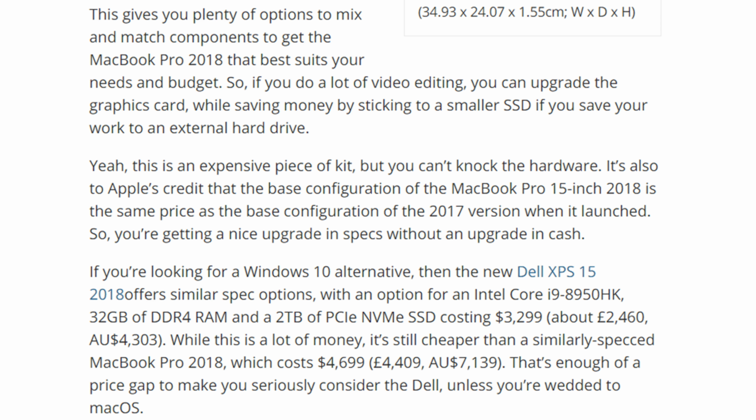If you're looking for a Windows 10 alternative, then the new Dell XPS 15 2018 offers similar spec options, with an option for an Intel Core i9-8950HK, 32 GB of DDR4 RAM and a 2 TB NVMe SSD costing $3,299, about £2,460, AU$4,303. While this is a lot of money, it's still cheaper than a similarly spec'd MacBook Pro 2018,